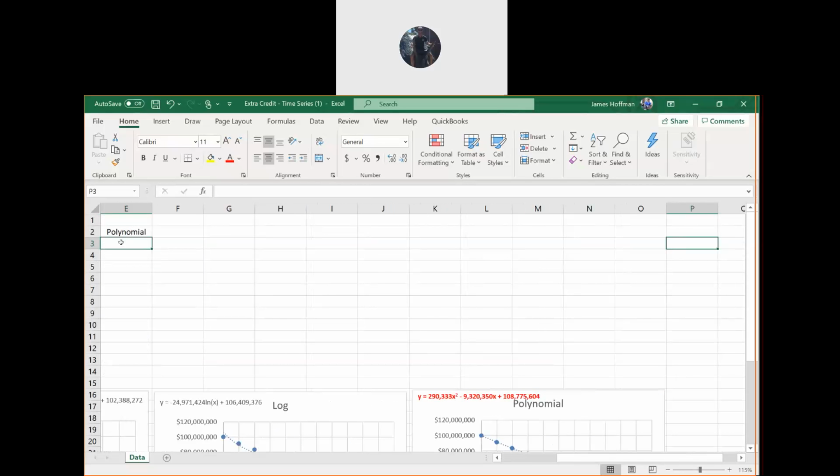Okay, I'm just trying to make it so I can see the equation that I'm typing in.